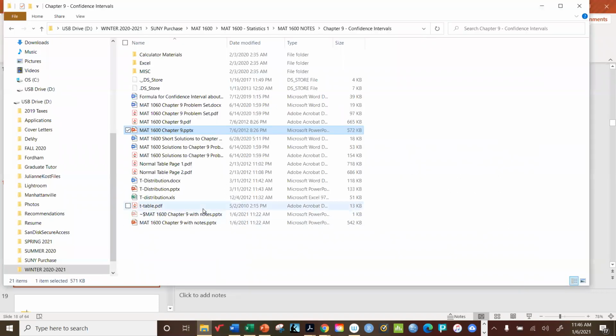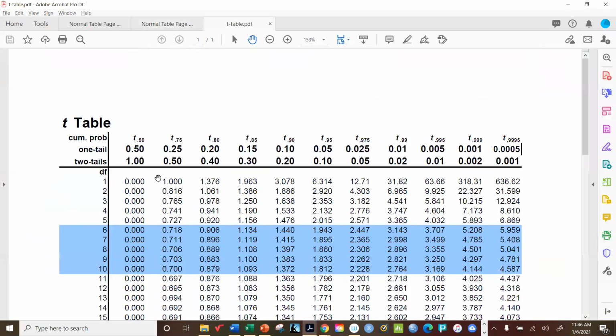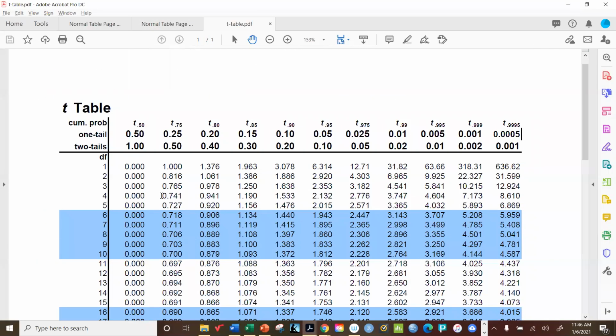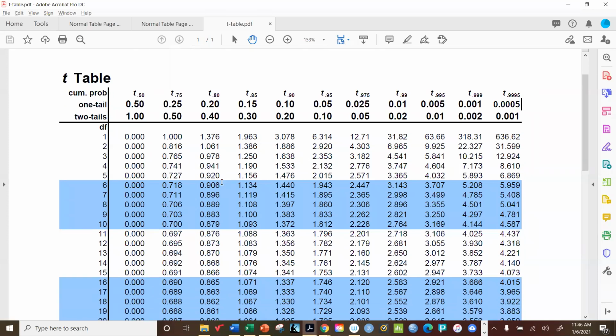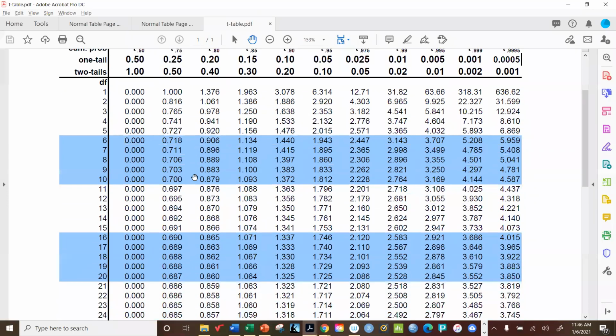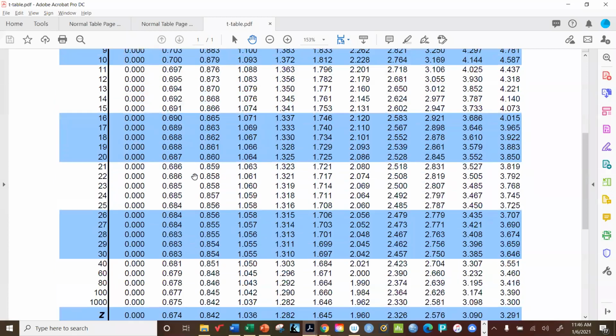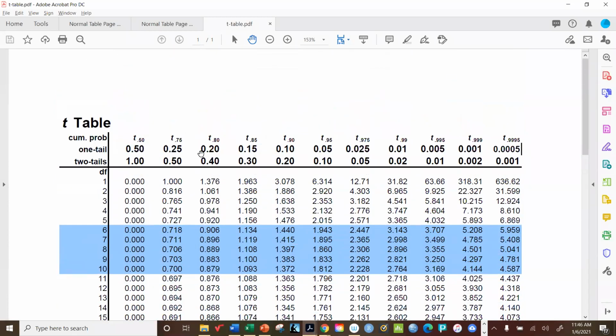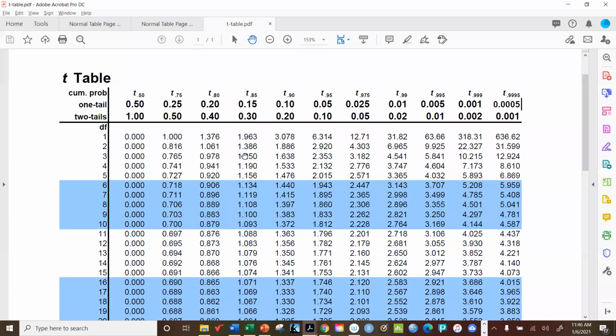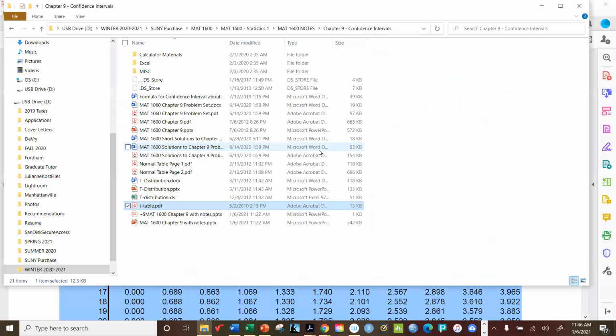There's one here somewhere. I did post it on Moodle, so you can look at it, but you can see it's very, very different than what we're used to. So we'll have to take a few minutes and explain how this table works. And you can see it's very, very different. All right, but like I said, don't panic. All this information is hiding in your calculator. I just have to show you how to use it. All right, so now